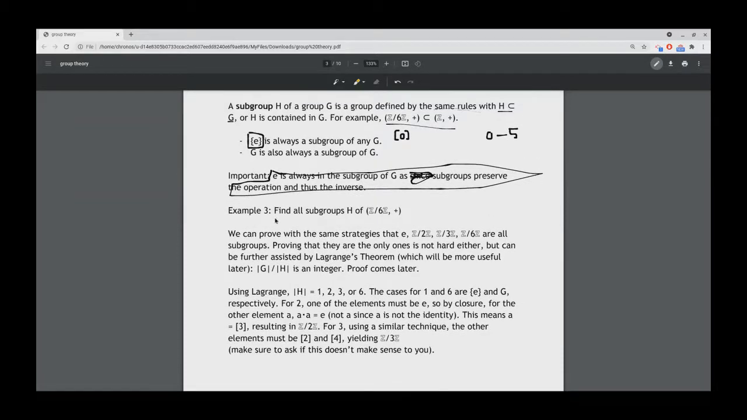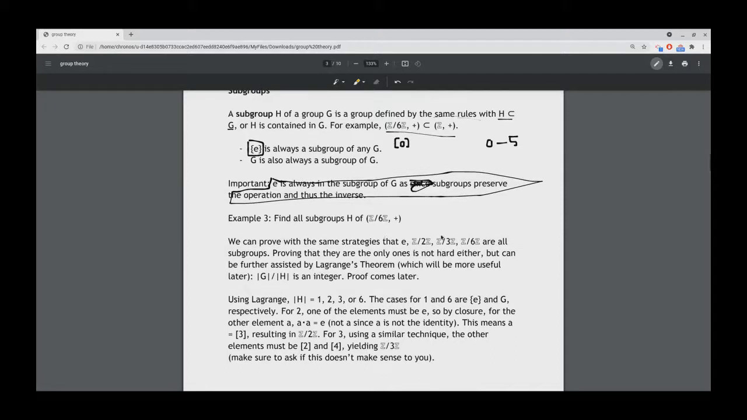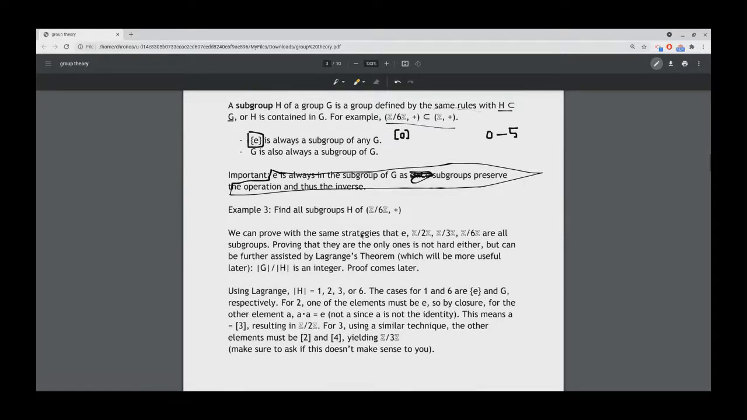So find all subgroups H of Z over 6Z plus. We can prove here with the same strategies that E, Z over 2Z, Z over 3Z, and Z over 6Z are all subgroups. So, for example, since we have 0 through 5, we'll start with